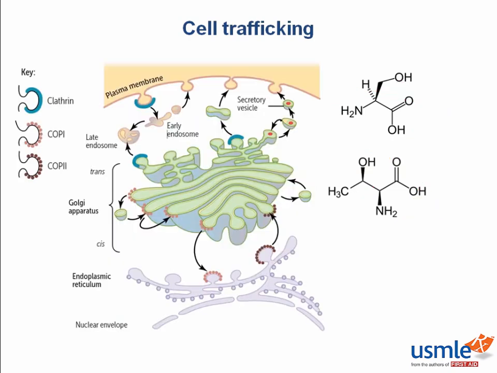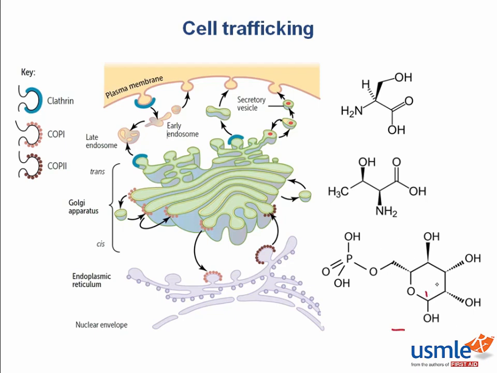So like I said before, the Golgi is mostly known as the distribution center of the cell. Now how does it know what needs to be sent where? Well, specific modifications on proteins can target them to different organelles, and the most important example of this for your exam is that adding mannose-6-phosphate to a protein targets it to the lysosome. So here's mannose-6-phosphate, which is just a mannose sugar with a phosphate group on its